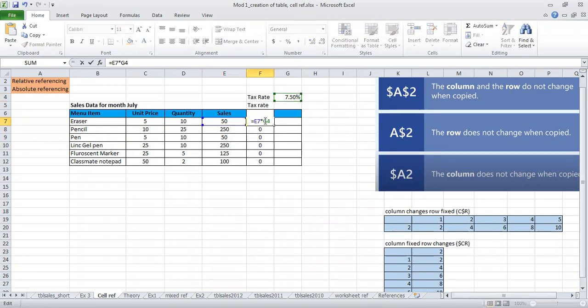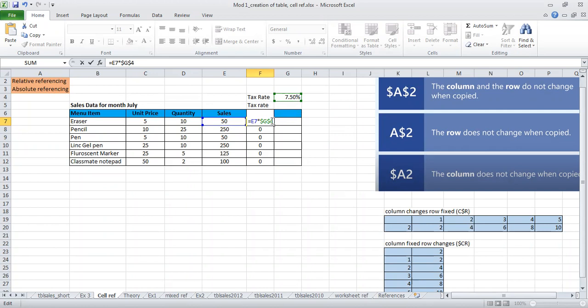For doing that, I put a dollar symbol in front of G and a dollar symbol in front of 4. So I'm fixing the column G and the row 4. I'm fixing both column and row.